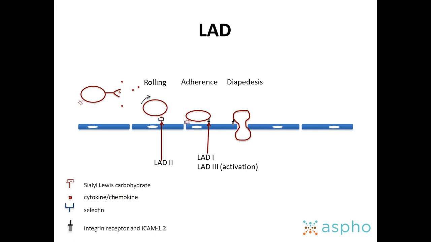All right, so here we go. So now we have this nice picture again. So what happens? If you can't bind here, your cells stay in the endothelium. This is leukocyte adhesion deficiency 1. You don't have CD18. You can't bind carbohydrates. That means that your sialyl-Lewis carbohydrate doesn't work, doesn't bind. So that's leukocyte adhesion deficiency 2. And for leukocyte adhesion deficiency 3, you bind, but it doesn't activate the neutrophil.